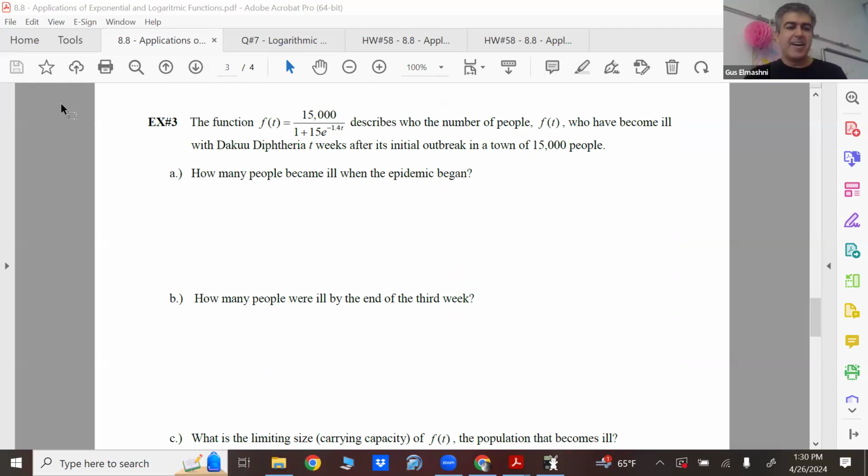Okay. That's nice because it could be a pain to solve these. So you've got your model here. Apparently, 15,000 people is the population of the town. That's the carrying capacity. How many people became ill when it began? When it began, that's t equals 0. So that's easy. F of 0 equals 15,000